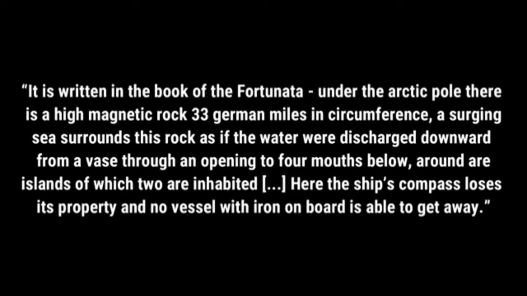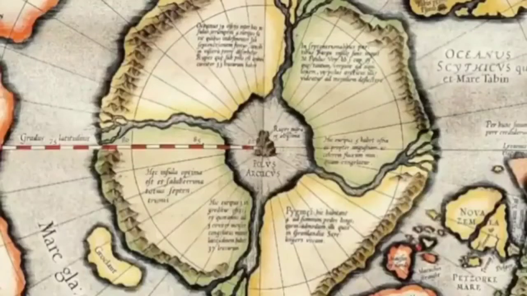A surging sea surrounds this rock as if the water were discharged downward from a vase through an opening to 4 mouths below. Around are islands, of which 2 are inhabited. Here the ship's compass loses its property, and no vessel with iron on board is able to get away. A magnetic rock or mountain at the center, at the North Pole, with the northern star Polaris